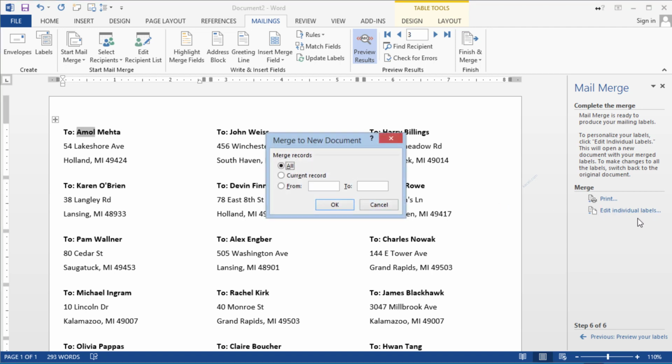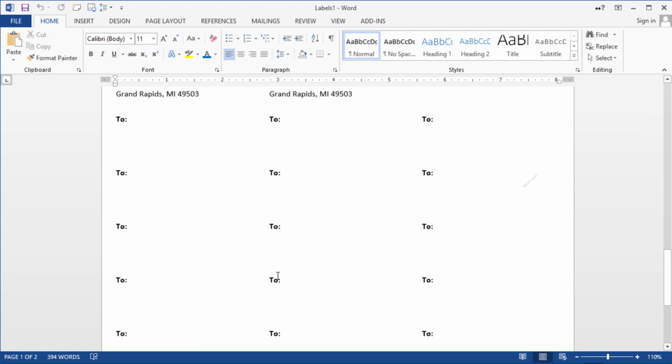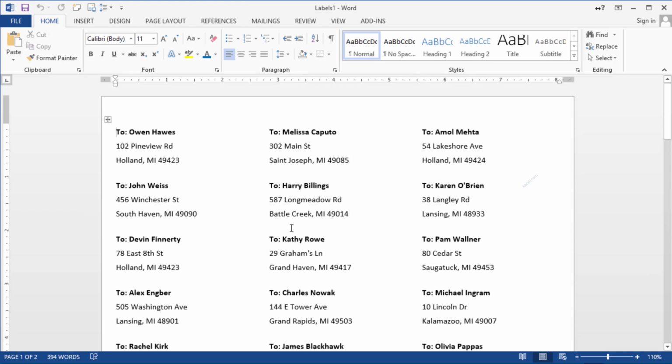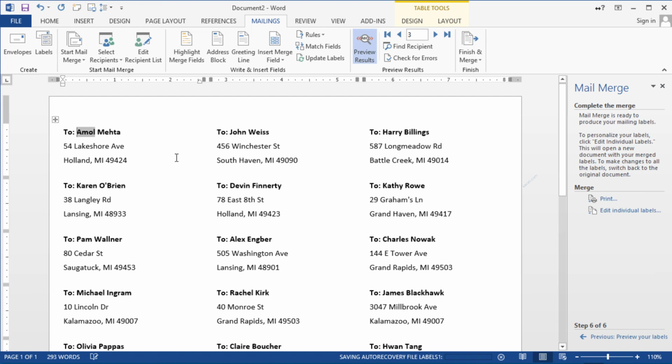If we click on Edit Individual Labels, click on OK, this is the final product. So the final product here is basically the whole merged results. You shouldn't have to tinker with it. If something is not correct, it is recommended that you go back to your Excel file. I'm not going to save the results here. You go to your Excel file, you change whatever you need to change, and then you come here to the